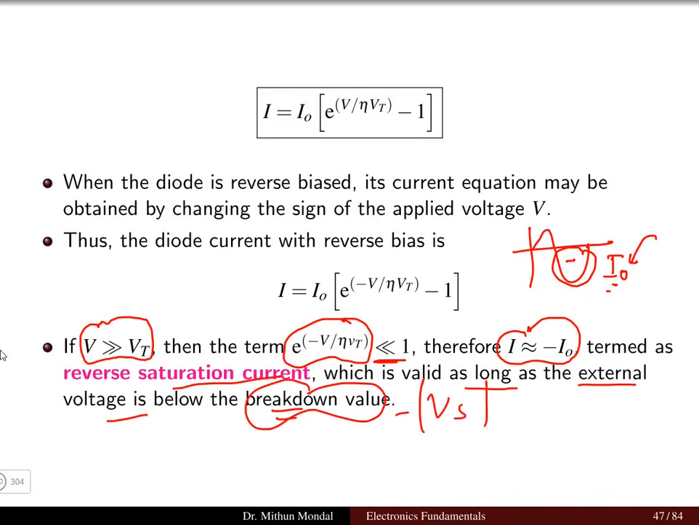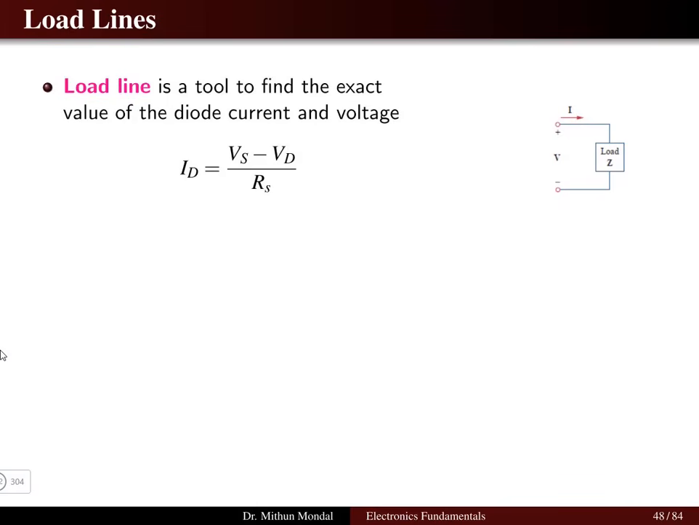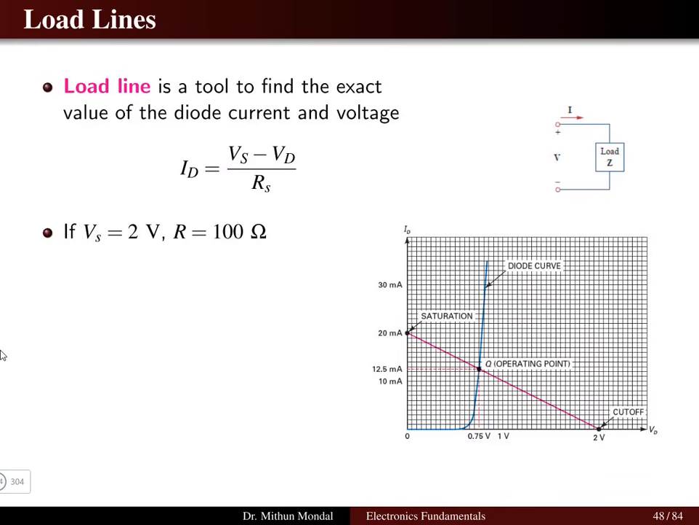The next topic that we are going to take is the load line. The load line is an efficient tool to find the exact value of the diode current and the voltage. The equation we can use from Ohm's law is that the diode current is equal to the supply voltage minus the diode potential divided by the total resistance in the network. Now let us take one example. If the supply voltage is 2 volt and the resistance offered by the circuit is 100 ohm,